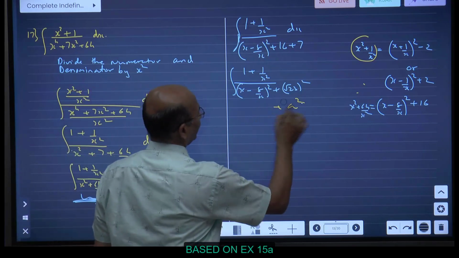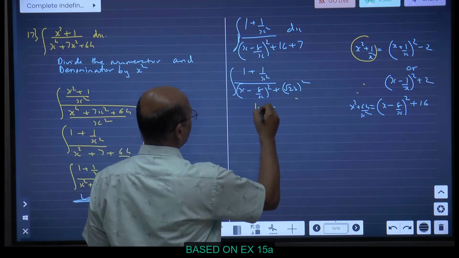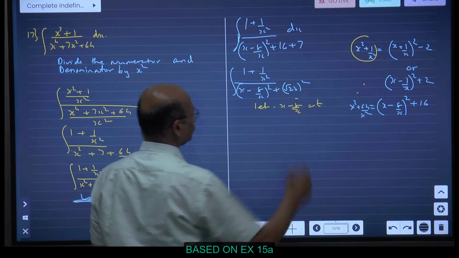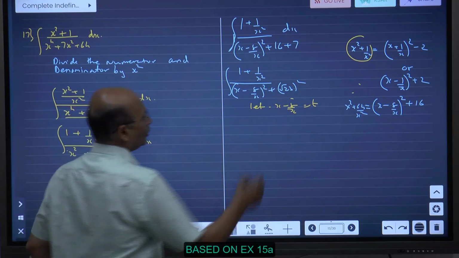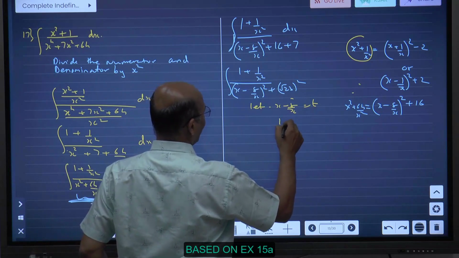Sorry, the numerator is there, so I have to use a technique. Let x minus 8 by x be t. If I put x minus 8 by x as t, what is the derivative? Tell me. 1 minus